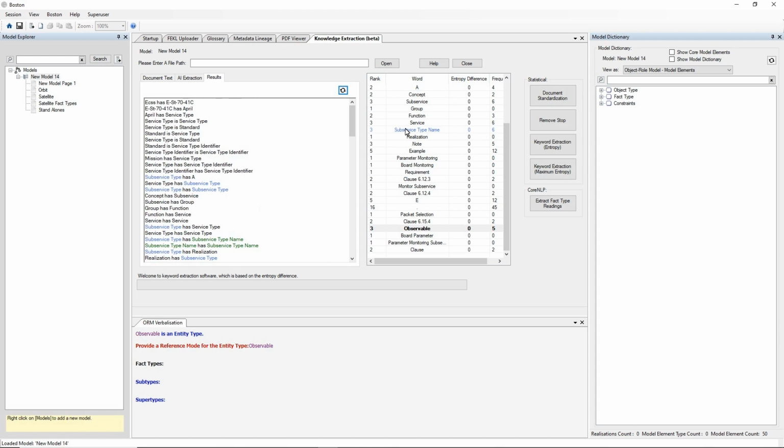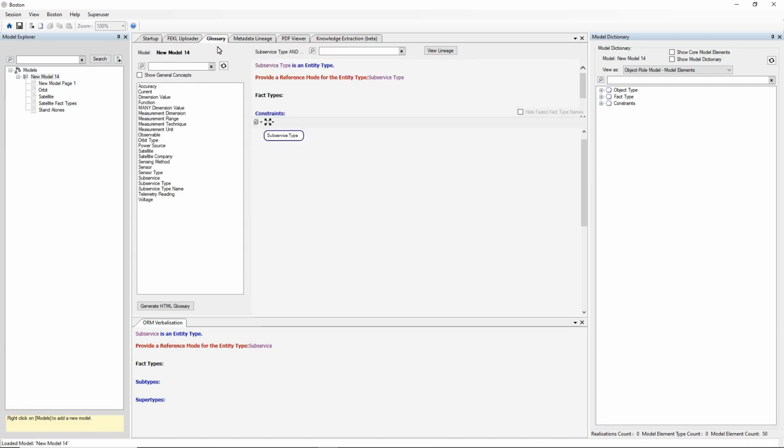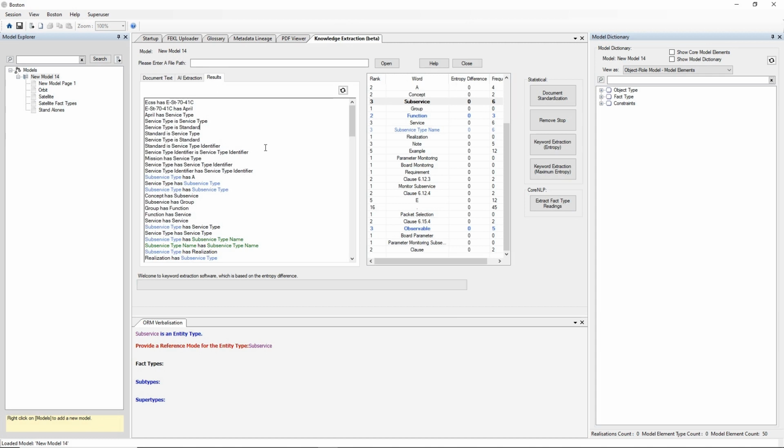We might say function is an entity type. We're going to say subservice is an entity type, for instance, and that's directly captured in the glossary and inside the model. So subservice, observable, they're already in the glossary now. So with these